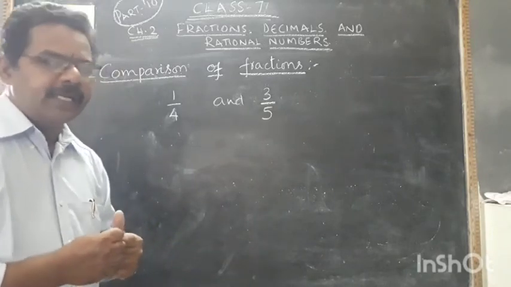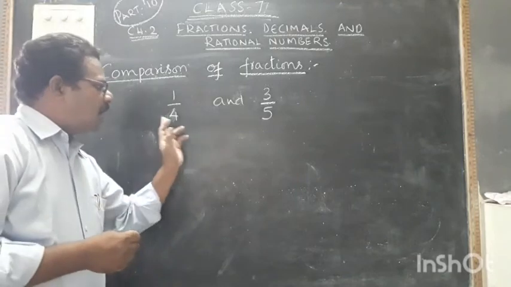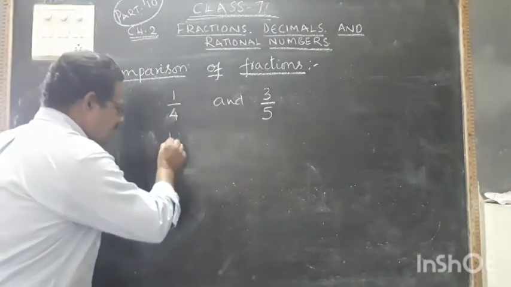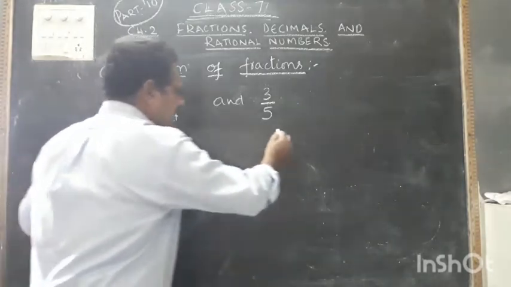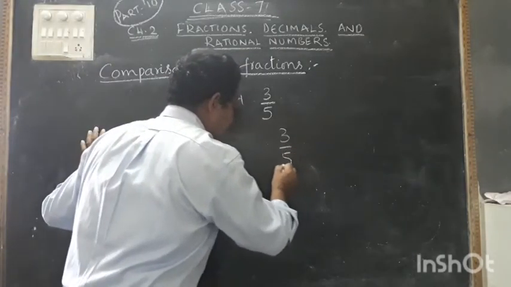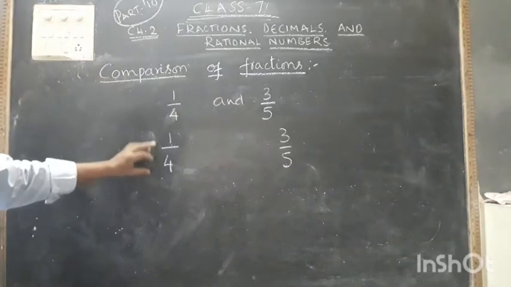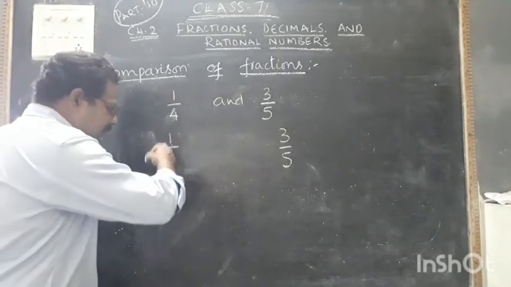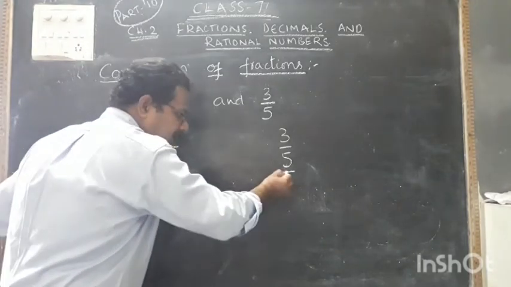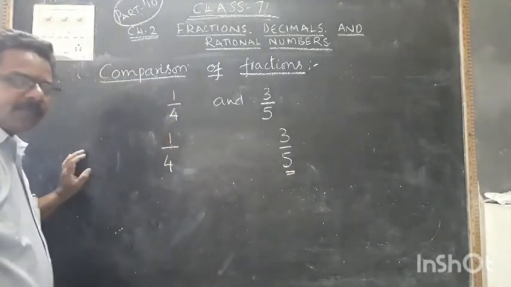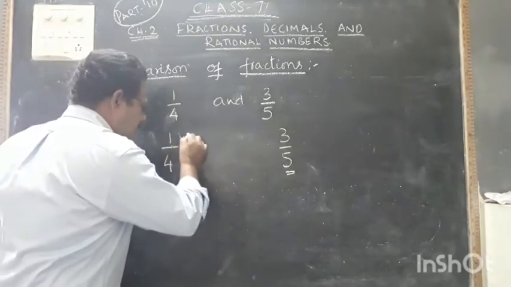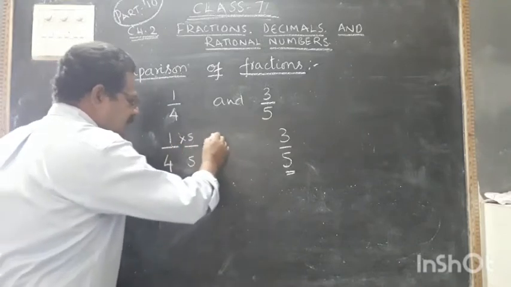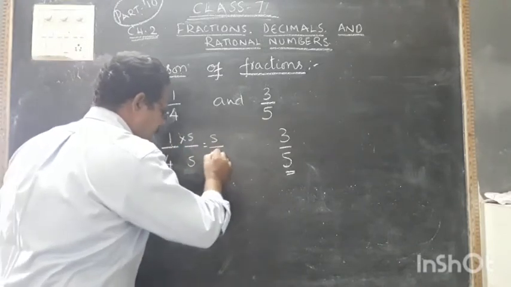But we are in our mathematics. So in our mathematics, how do we find out which one is bigger and which one is smaller? What we have to do is, first take the first fraction and take the second fraction. For the first fraction, this is the numerator, this is the denominator, you know. The total numerator and denominator we have to multiply with the denominator of the second fraction. Okay. That means 1 into 5 and 4 into 5. 1 5s are 5, 4 5s are 20.